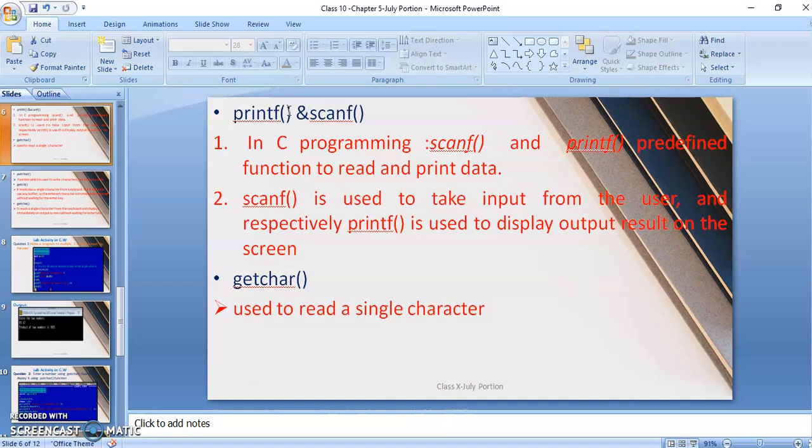That is to display the output on the screen. Whatever you want to display should be in double quotes, and a conversion specification, that is the percentage sign, can be there. Then escape sequences like backslash n can be used in printf. Fine, so printf is for displaying.